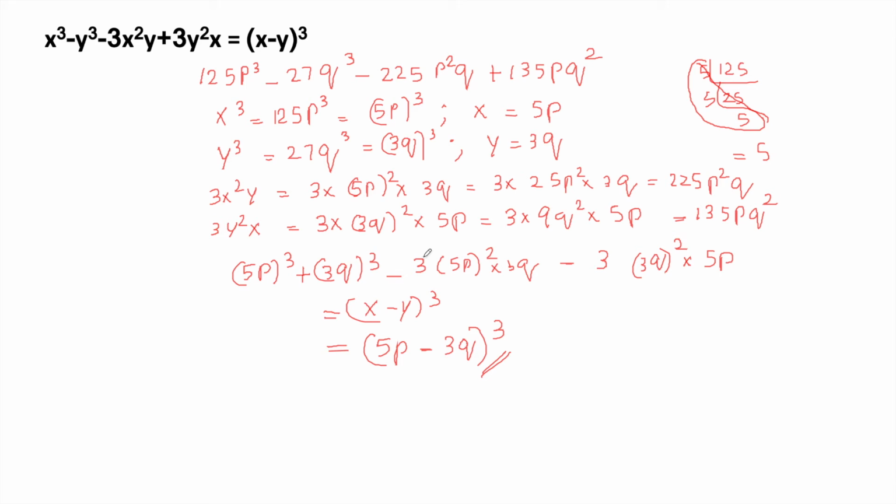Okay, so without doing all these steps, easily we can identify. Just check the first two numbers, find the cube root of those numbers, and you can directly write like this. And if you want to verify all the steps, you just do like this. And for just 1 mark questions, just identify the cube roots and you can directly write like this. Okay.